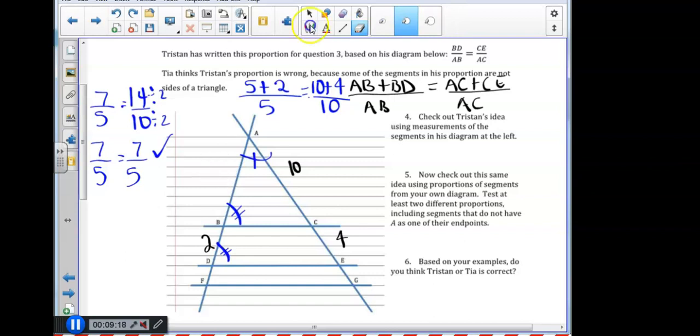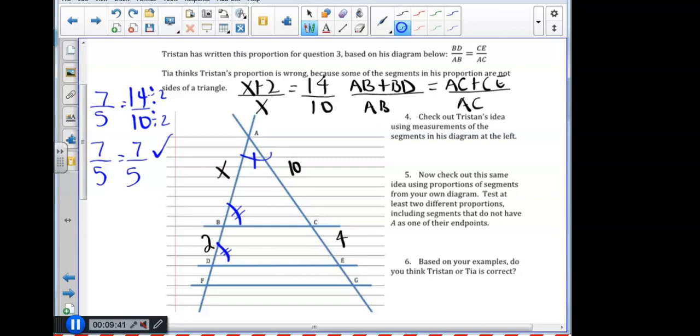So let's say that this was now a variable instead of it being 5, and we wanted to find it. So we would do the same thing that we just did, except we would plug in an x in our proportion. So we would have x plus 2 divided by x equals 10 plus 4, which was 14,